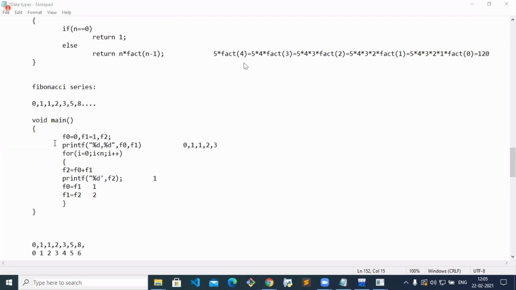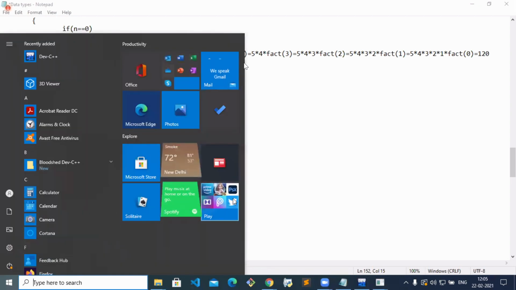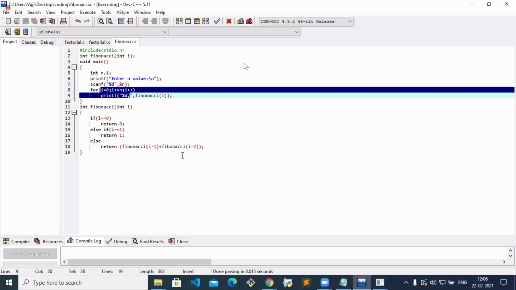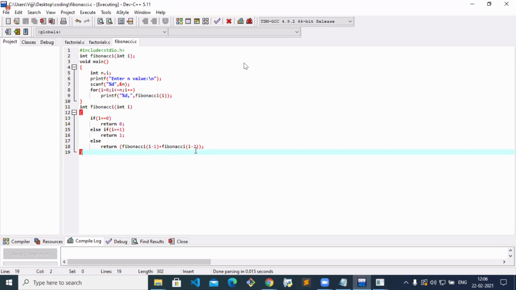First values I'm writing directly. That's why in the program, if it is 0, return 0. If it is 1, return 1. After that, if your position number is 2, then what do you have to do? You have to add 1 plus 0. If your position number is 2, how will you get 1? Minus 1. How will you get 0? Minus 2. Am I clear, Sharath? Yes, ma'am. For the next number also, the number before and the number before that. So it is the minus 1th number and the minus 2th number. That's what I have written here: i minus 1 plus i minus 2. Got it?